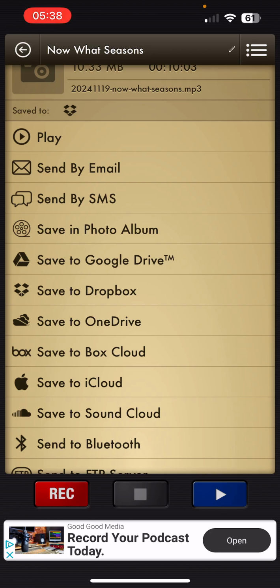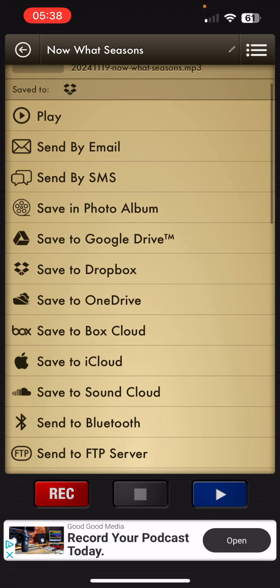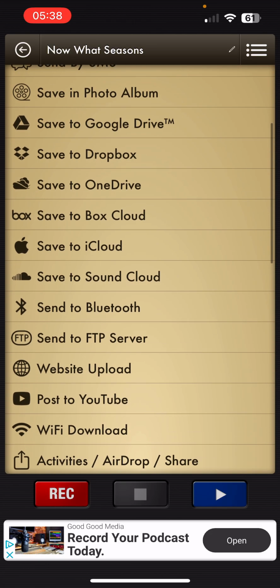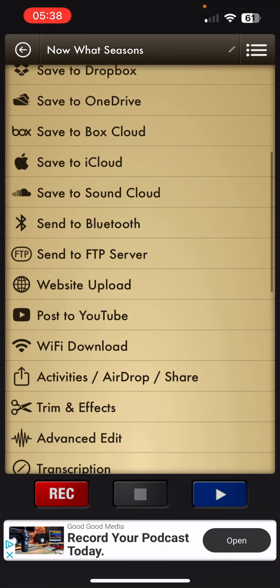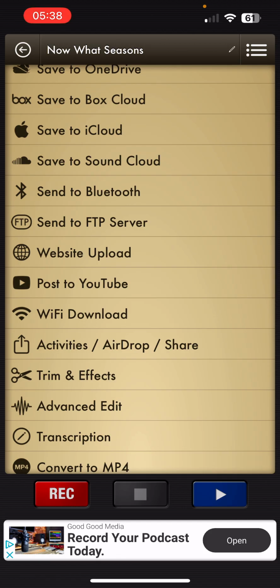I'm Apple guy that I am. There is a voice recorder on the phone, but it's just not as configurable, and this is really a fantastic tool. So check out what I just figured out here. If you look at the bazillion places where you can save your file, website upload, I don't know how that works. But here,